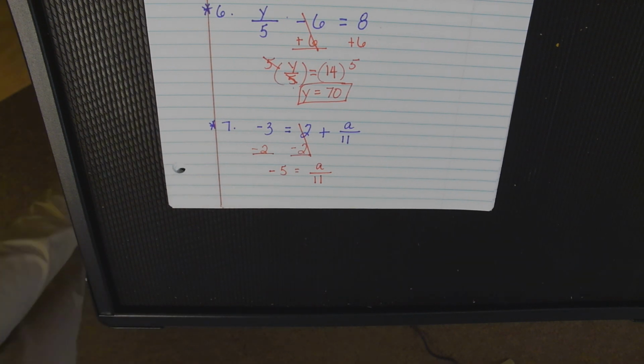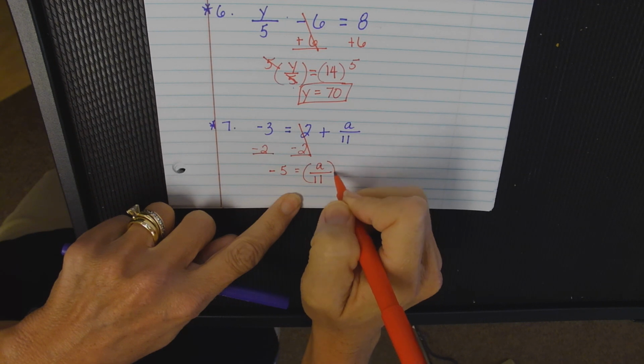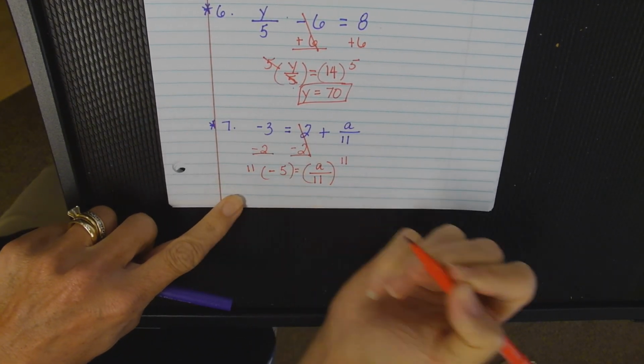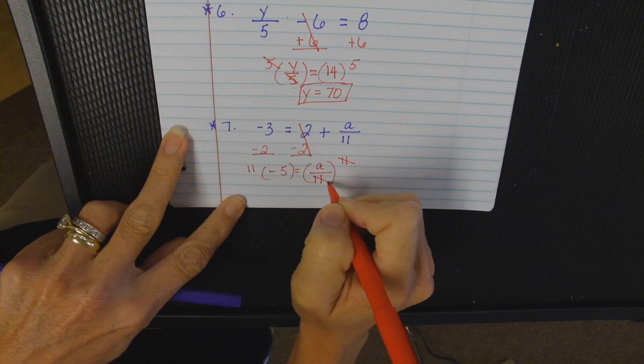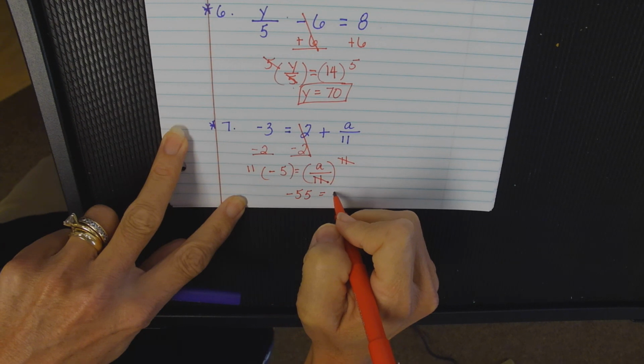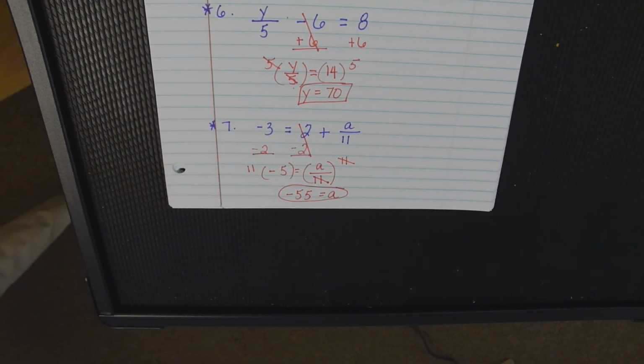Okay, one more step and we're done. Okay, I want to get rid of the 11. What you do on one side, you do on the other. Cancel, cancel. So A is equal to negative 50. Any questions? Okay,